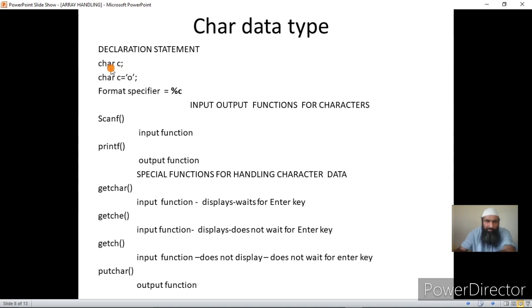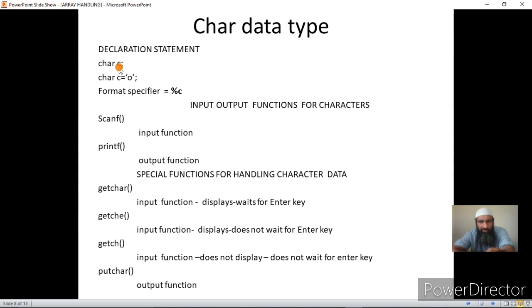Now, a character variable is capable of storing a single character, like an integer variable, which is capable of storing a single number. But a single number can have many digits, whereas a character variable cannot have more than one character. It stores a single character.